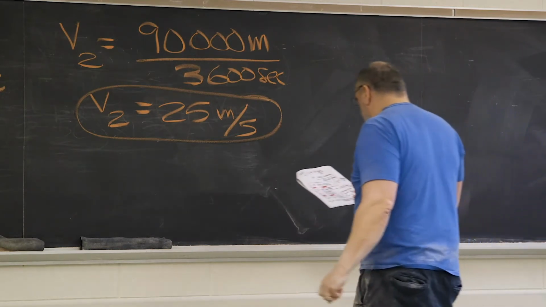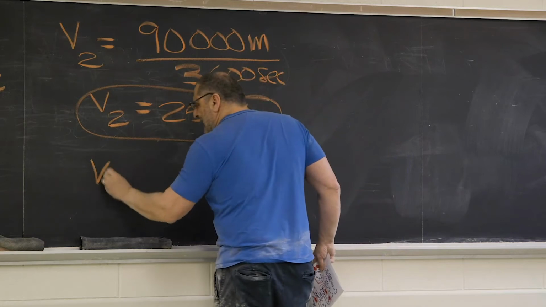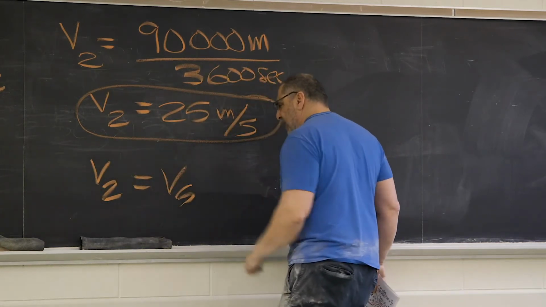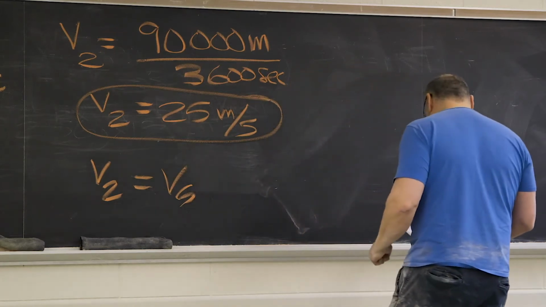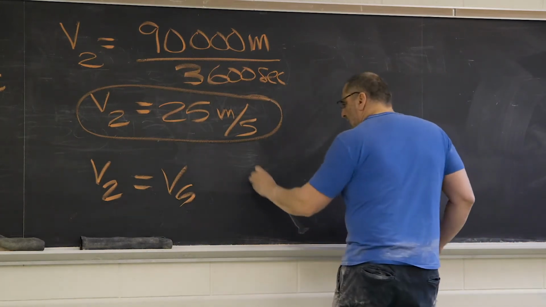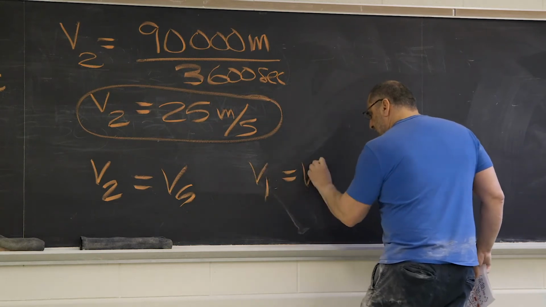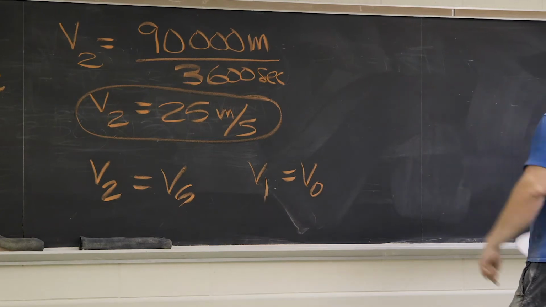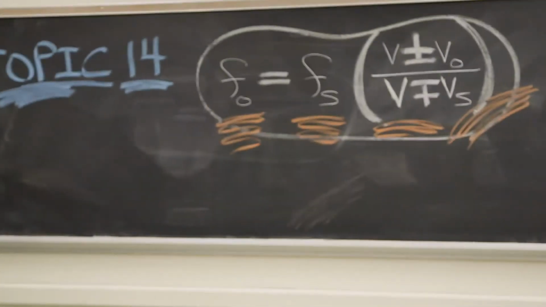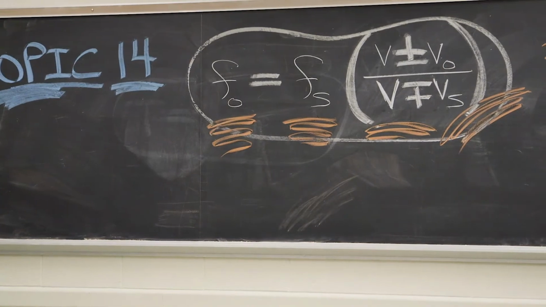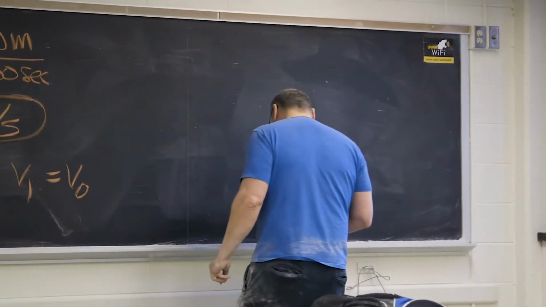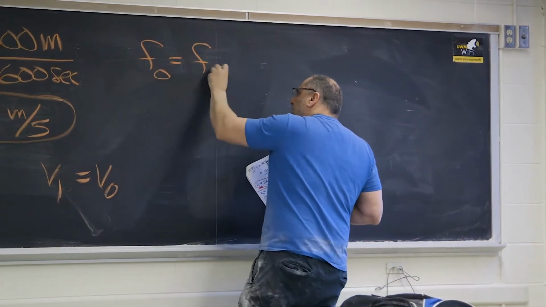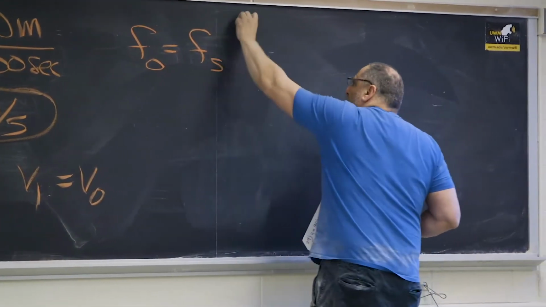You got to remember now, this guy's the guy who sounded the horn. Train 2 sounded the horn, so he's VS, the source moving. Train 1 is going to be observing it, so he's the V0 guy. There it is, way over there to the far left, you guys. That's where the whole thing's going to play out. So you look at it, and you say, FO is going to be FS over